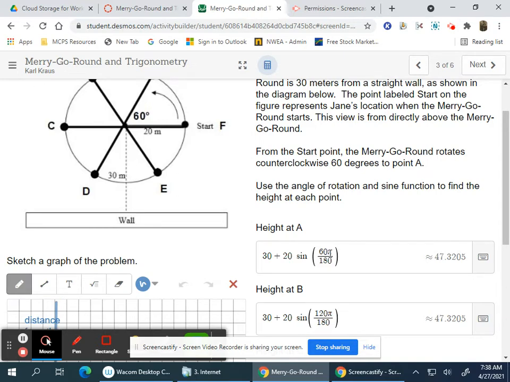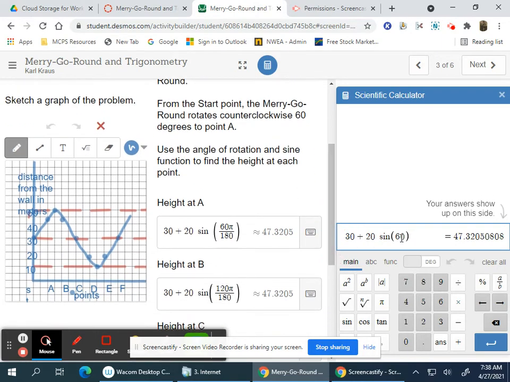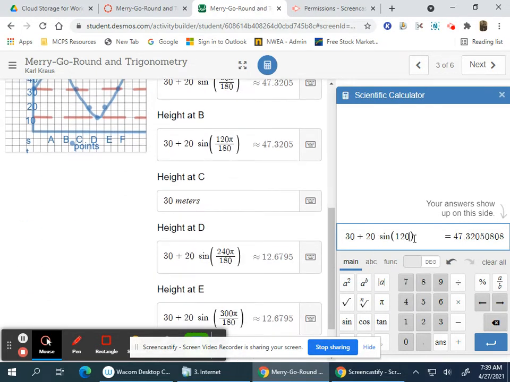This input box is in radians, so the other thing I could do is 30 plus 20 sine of 60, which is 47. And then I keep adding 60. So 120 in degrees, 47.302. And then 180 degrees